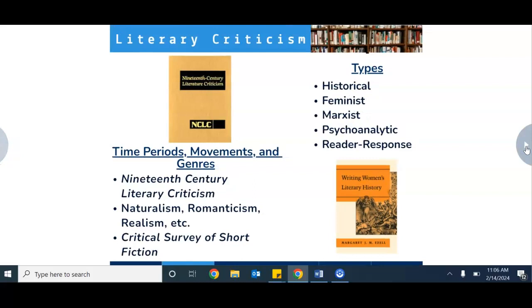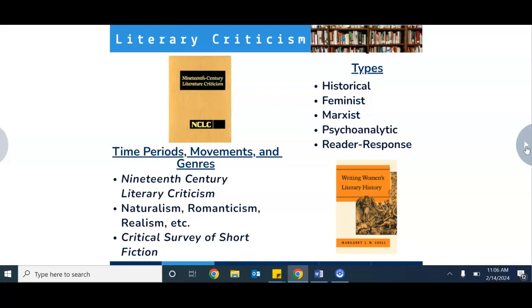Since you will be looking for a specific type of source in the databases, literary criticism, you can also think about the type of literary criticism you're looking for. On the right under types, these are just some common examples. Maybe taking a psychoanalytic approach to a short story or a couple short stories and looking at the psychology, of course, behind that.